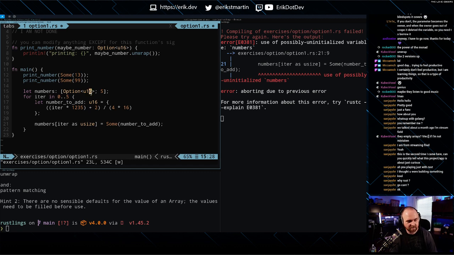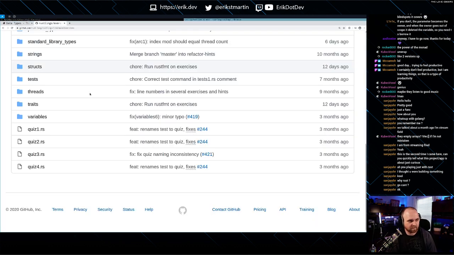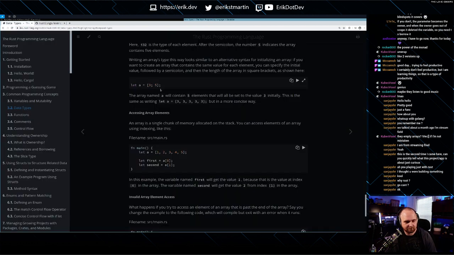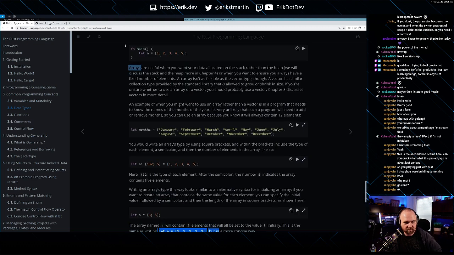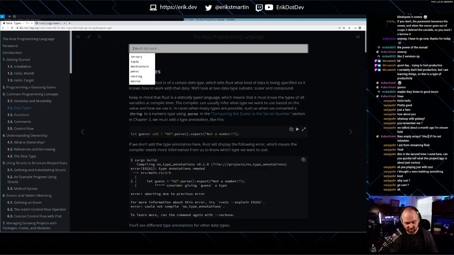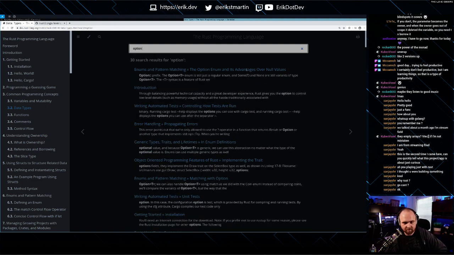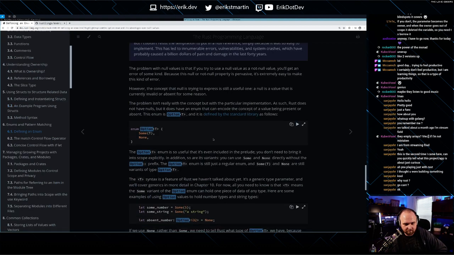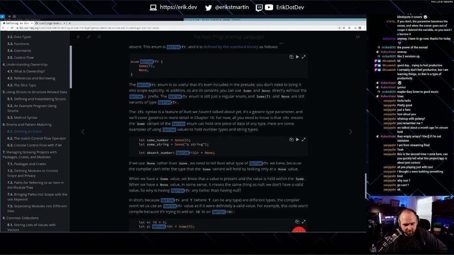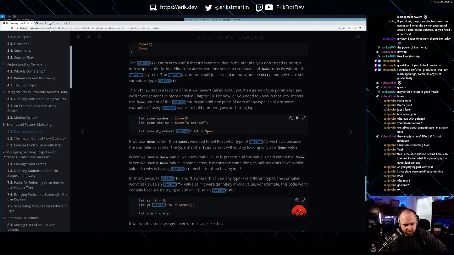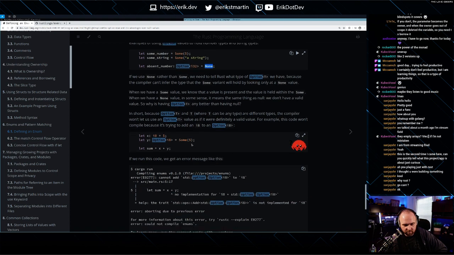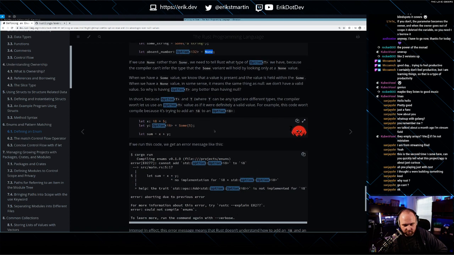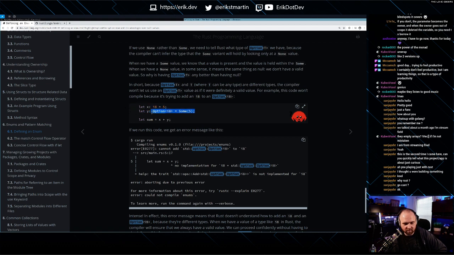I know there's a way to initialize this. What am I missing? So we know we can do this. Let's go look at the option type. Equals none. Equals some. Okay. So this is if we're assigning.